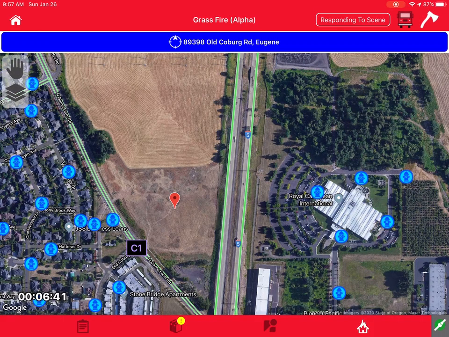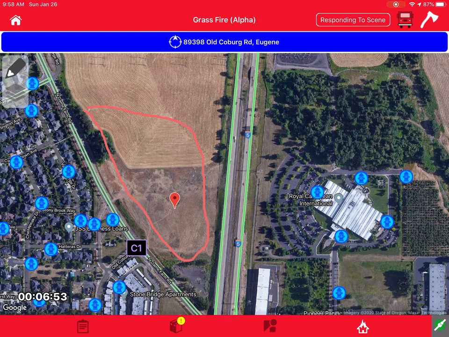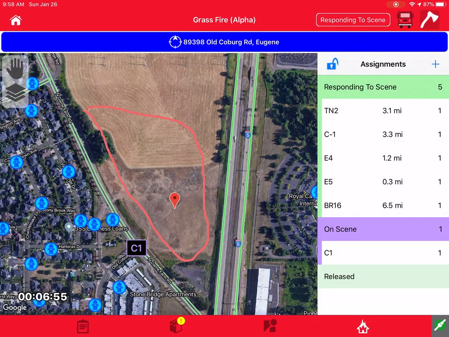As well, the responding officer can hit the pencil feature in the upper left and hand draw, in this case, the fire area or the fire zone that is engulfed currently. The battalion chief can then begin to pick up resources that are still inbound and indicate where he wants them placed